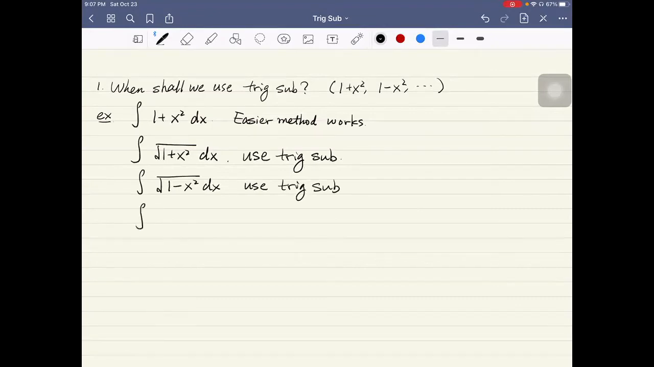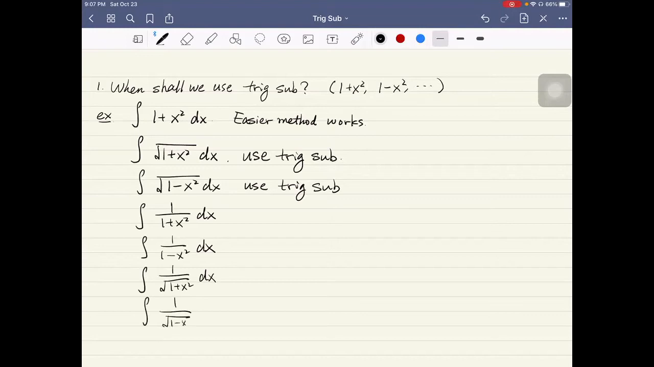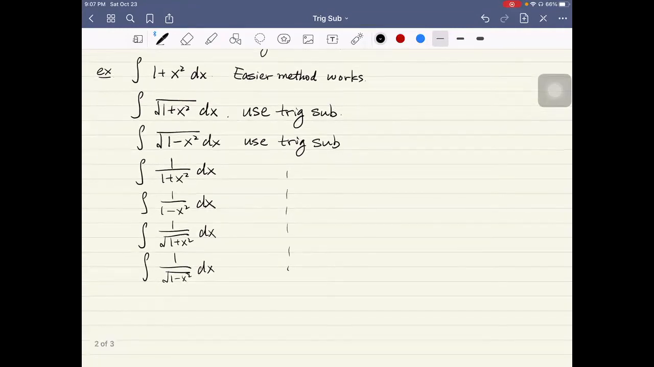Or 1 over 1 plus x squared dx and 1 over 1 minus x squared dx, or 1 over square root of 1 plus x squared dx, or 1 over square root of 1 minus x squared dx. You get the idea. We can all use trig sub here. Okay. Now, sometimes you see